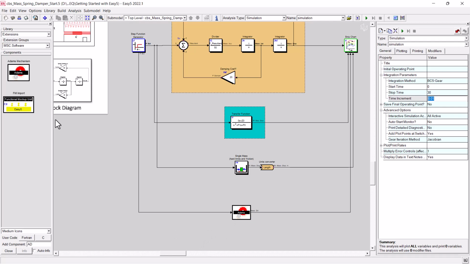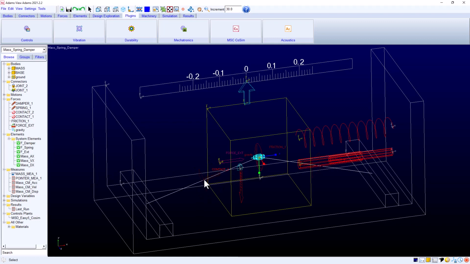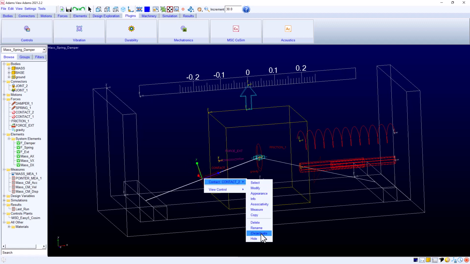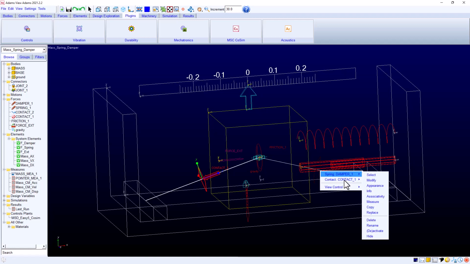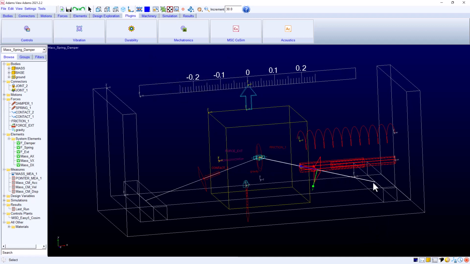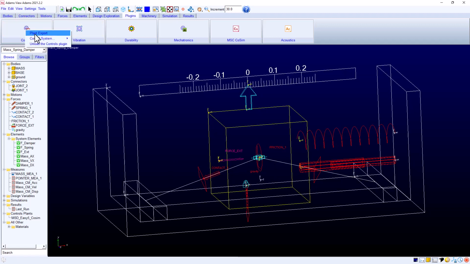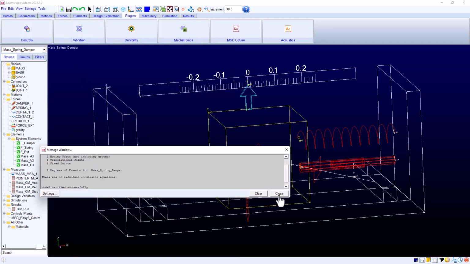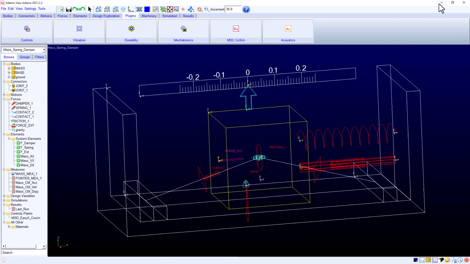across to our Adams model and activate these contacts. So I've got two 3D contacts, which we're going to now activate so that we include the contact in the model. So we activate that. So now both 3D contacts are activated with these blocks. And remember, because we've changed the Adams model, we have to just re-export the plant. So we simply say, OK, writes out a new Adams model,